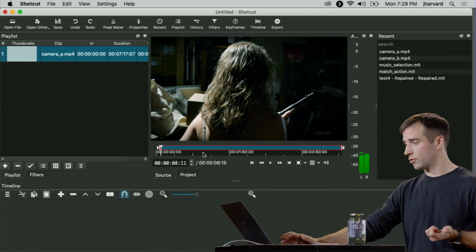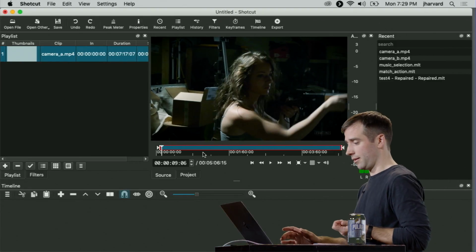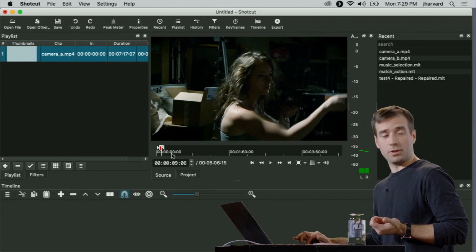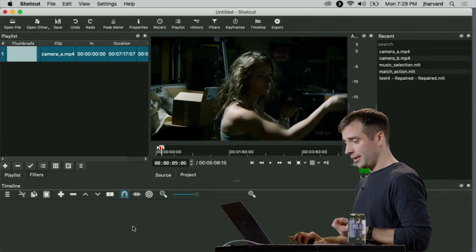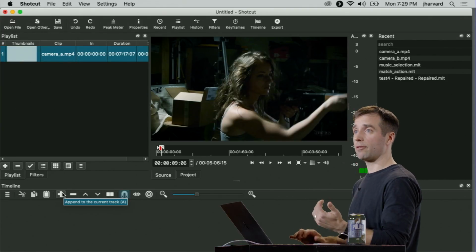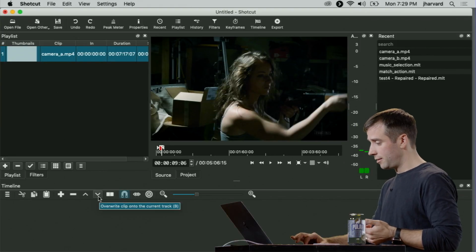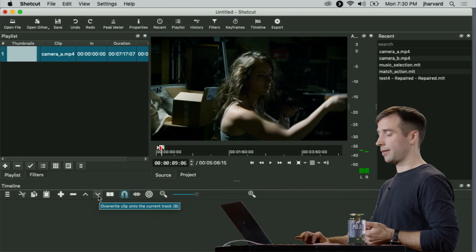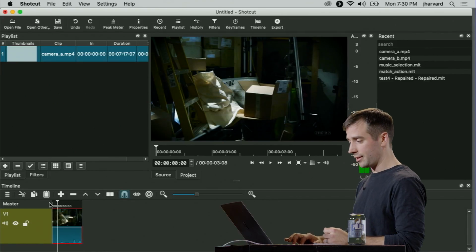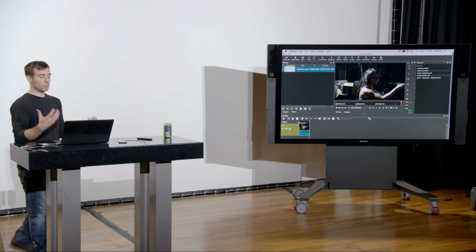Right, you can hear the audio scrubbing as well. And let's say here, she spins there. I'm going to hit the O key. You can see that that got much shorter. And then you can hit one of these buttons. Like I said, A appends it to the current track, which means it just goes at the end. Or I can hit, I think it's the down arrow, and that'll overwrite the clip onto the current track. So I'm just going to press one of those. And then, bam, down here, as I start to play, I have the clip that was just the piece of